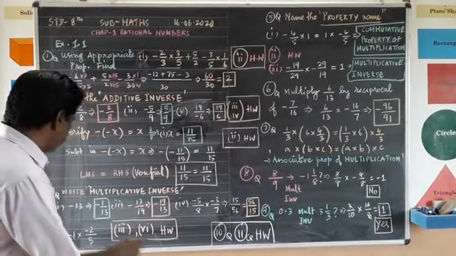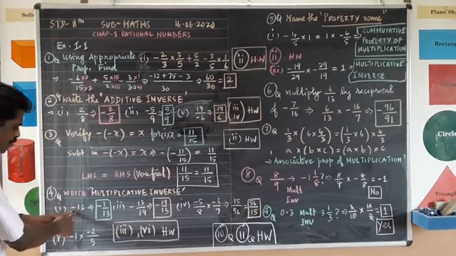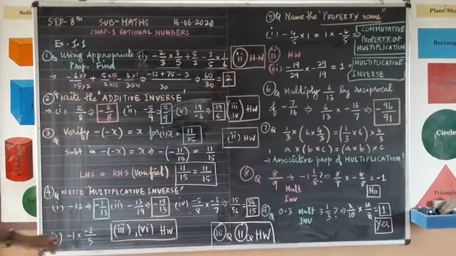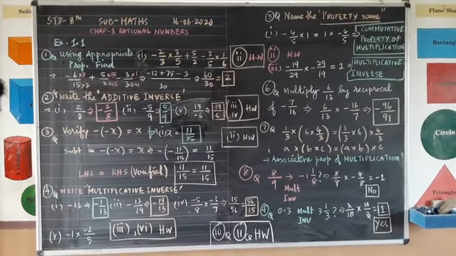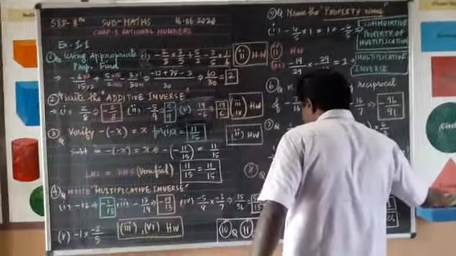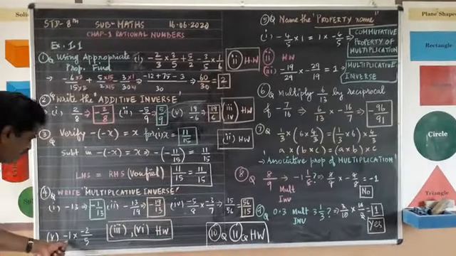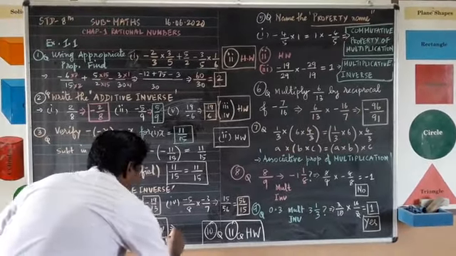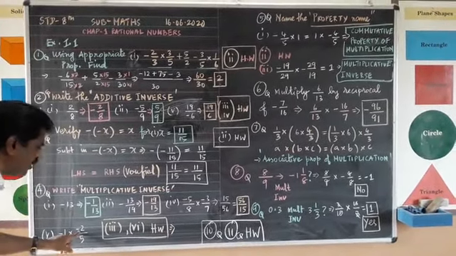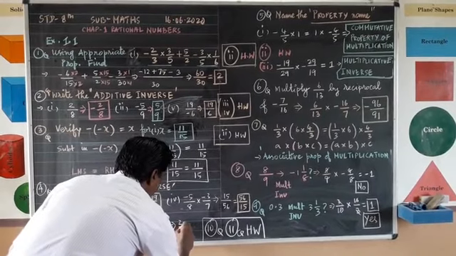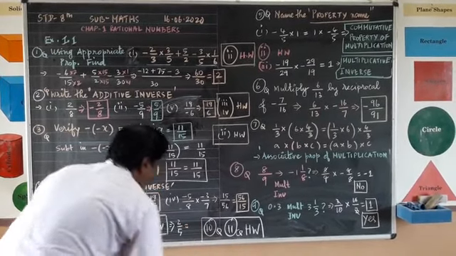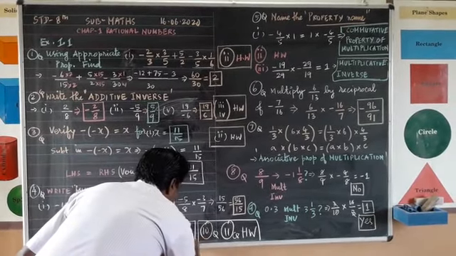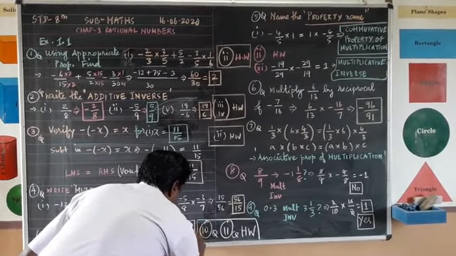Understood? So in this one, what problems have I done? First problem, second problem, fourth problem, and fifth problem also I have taken. Same thing. You see what is given there? Minus 1 into minus 2 upon 5. So I am writing here. That means minus 1 into minus 2 is plus 2 upon 5. So what is this multiplicative inverse? Inverting, that's all. Answer is 5 upon 2.